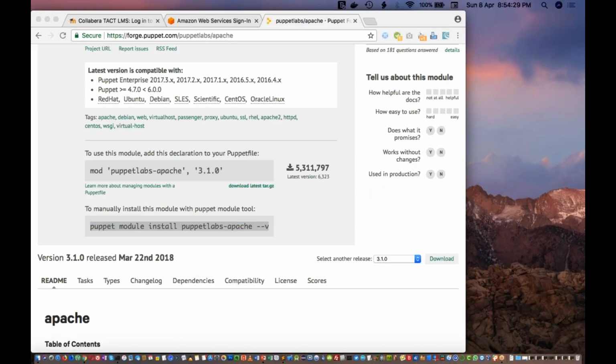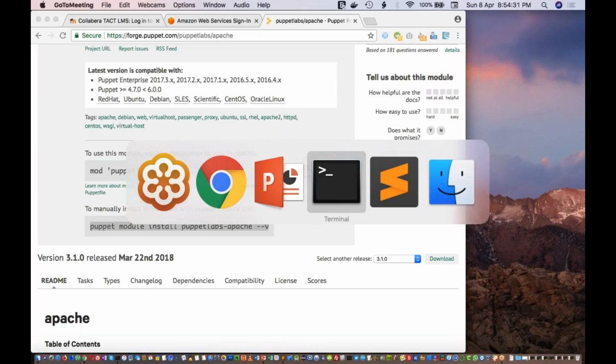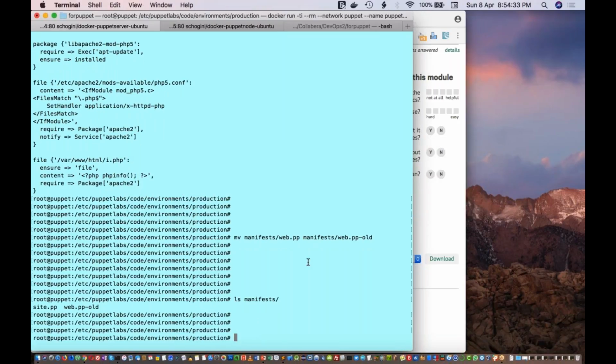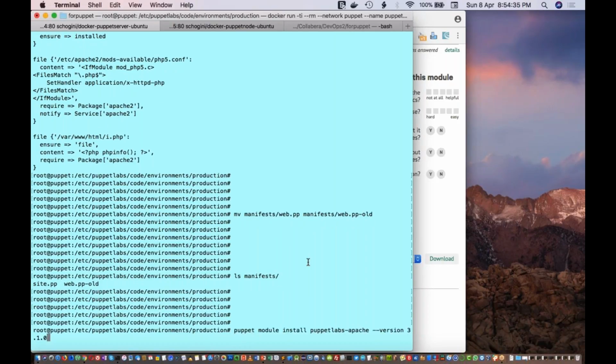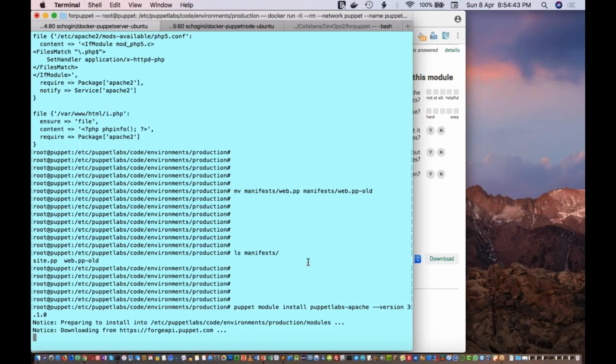So now let me try to install the Apache module from the Puppet Labs. So let's try that. Now this is downloading that module from the Puppet Labs.